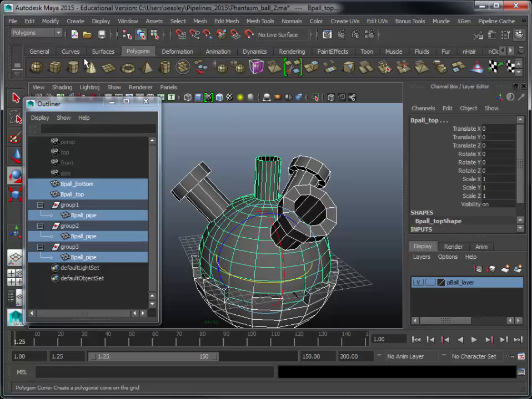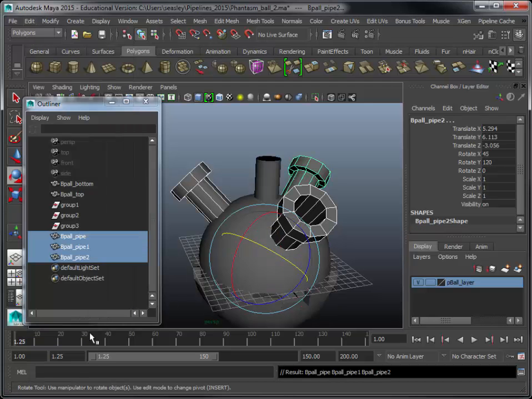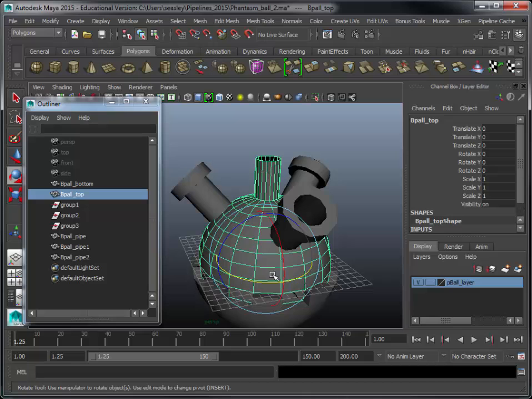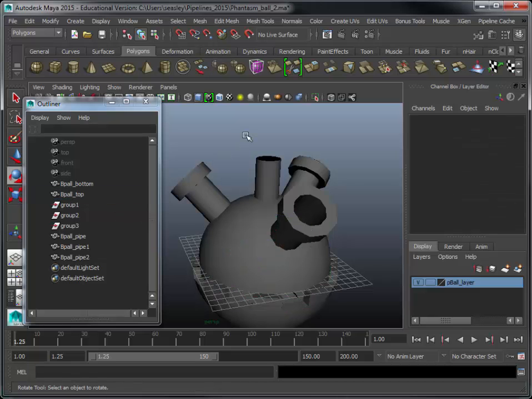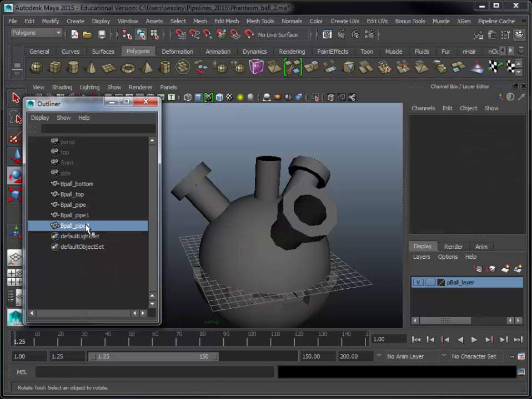So with all these things selected, I come up here under Edit, and again I do not use Ungroup, I go instead to Unparent, which means essentially just kick it out if it belongs to a group. Now notice it did not balk at the fact that the P-ball bottom and top were not part of a group. It just said, essentially, if you're part of a group I will kick you out of that group, if not, no harm no foul. These groups are relatively useless now, and I can delete them with impunity, saying that all I really want